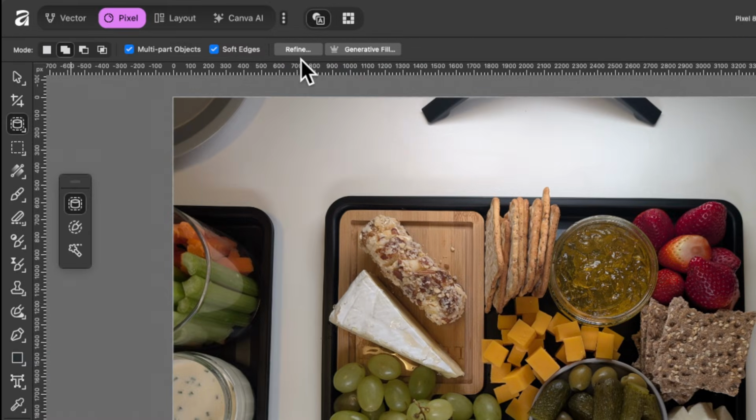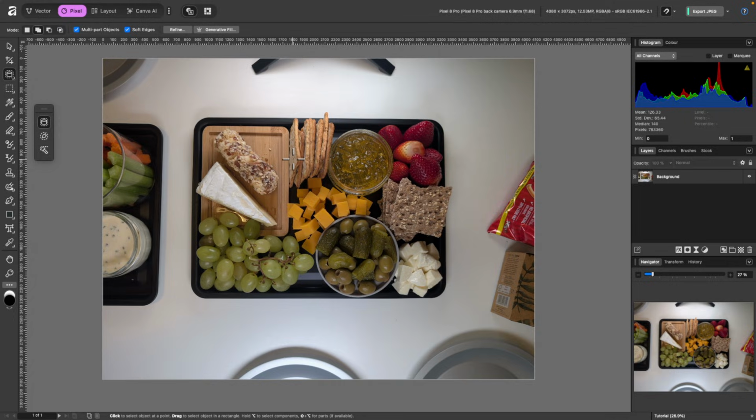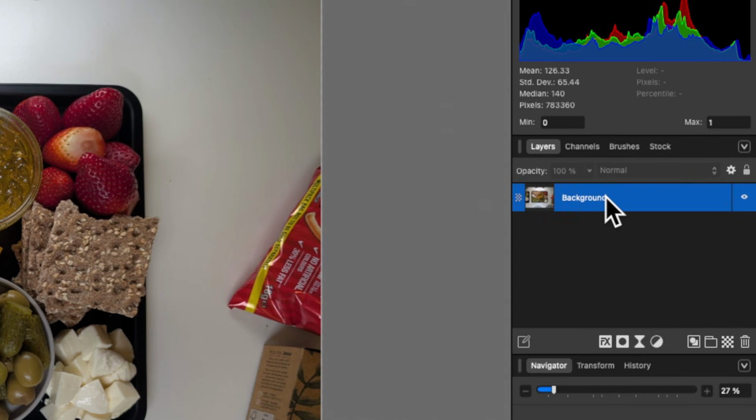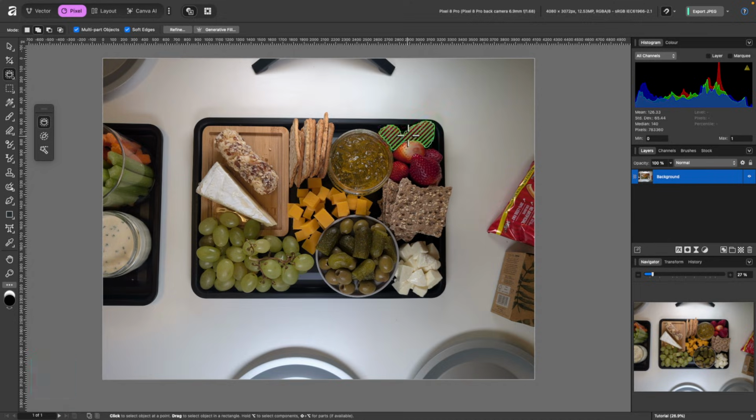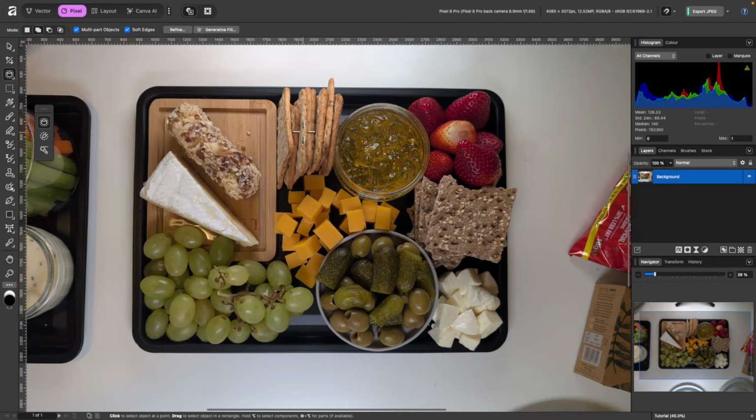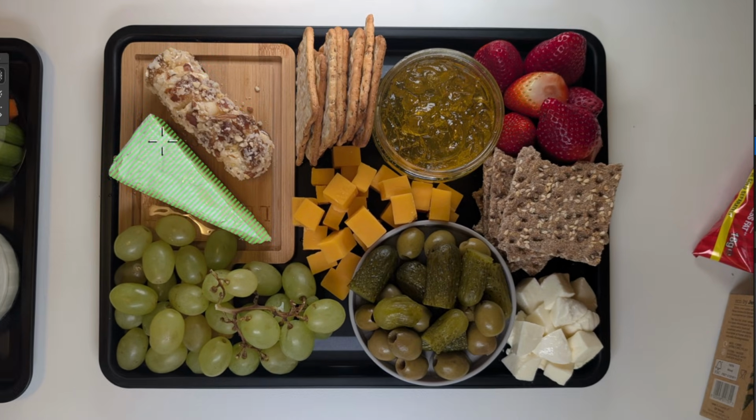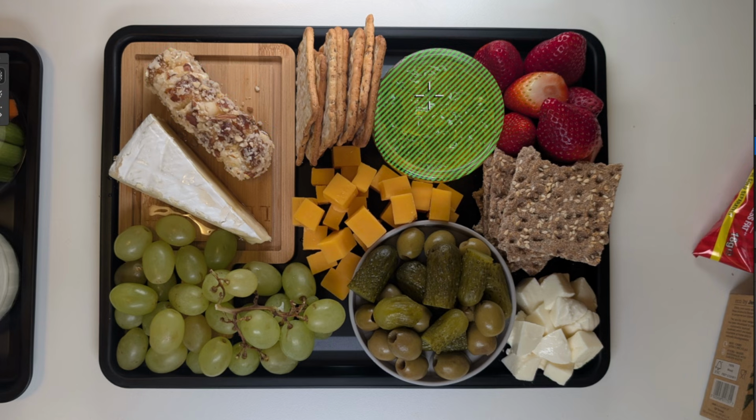You can see we have a few options in the context toolbar, but before I do anything, what I'm going to do is select our image. Just select it from the Layers panel for now. And I'll zoom in. And you can see as I hover over, it seems to know the individual objects by highlighting them, no matter what I'm touching, which is pretty cool.